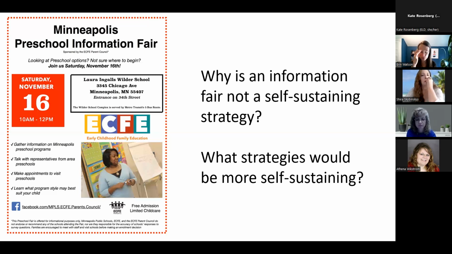Another example you see all the time, and you saw a lot in the last couple of years, is people get a lot of funding from ARPA, and they spend all of it on scholarships for families or on plugging a hole for wages, let's say, but they don't simultaneously invest some of that money in more self-sustaining strategies that could allow for consistent allocation of resources over time. Like for example, a voter-approved children's fund that would get new tax levies or millage to constantly get resources in.